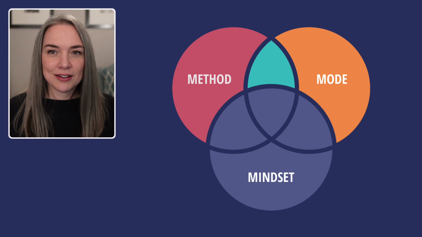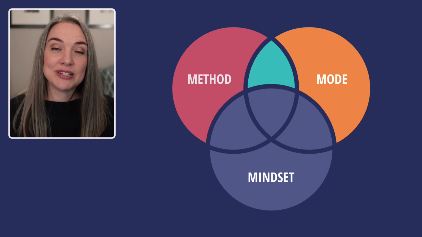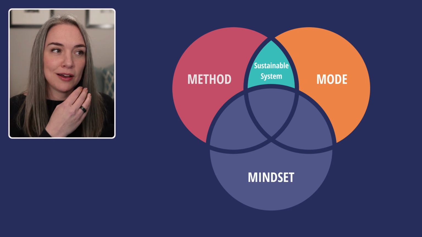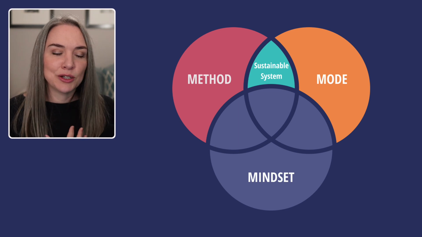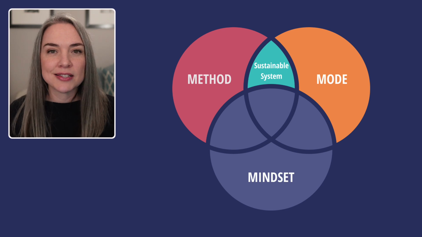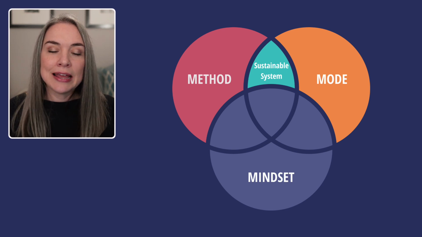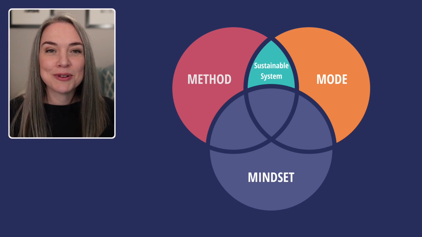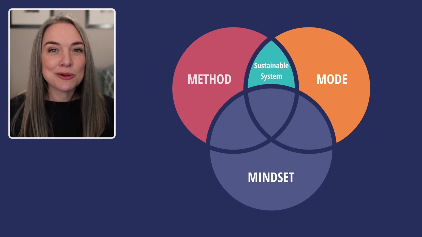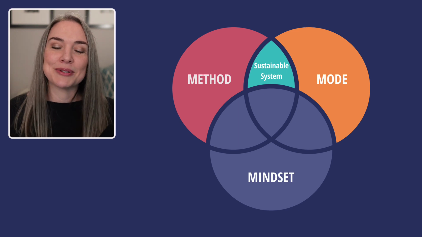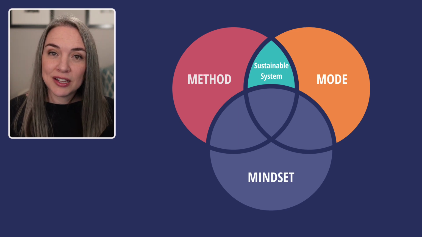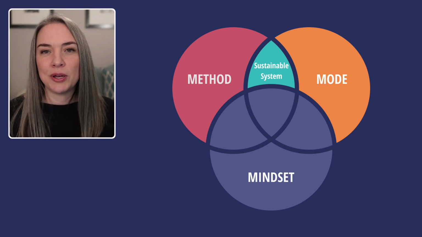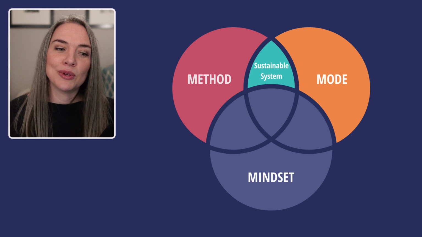Now, what happens if you have a method and the mode? Well, the method and the mode together, this is where we get what's called a sustainable system, meaning you have a method of this plan that is clear and complete, and you have a mode that fits and feels natural and it suits you. This is something you could do over and over and over again. But if you don't have that mindset at the bottom, if you've got fears that are holding you back, in this case, you're probably not actually using this sustainable system. You are likely either feeling frozen or you are taking a couple steps forward and maybe one step back, where you have a start and stop situation because those fears are really getting in the way.